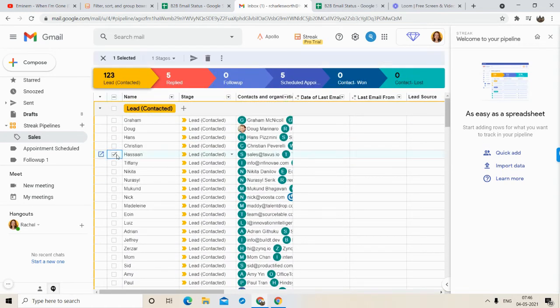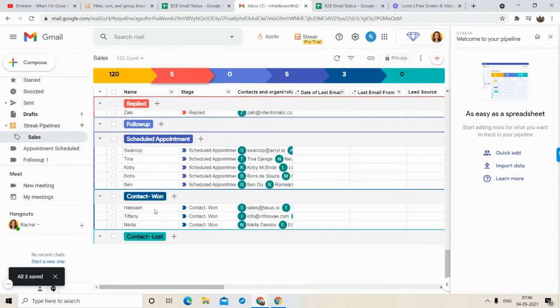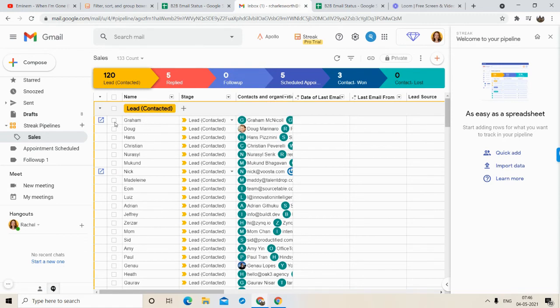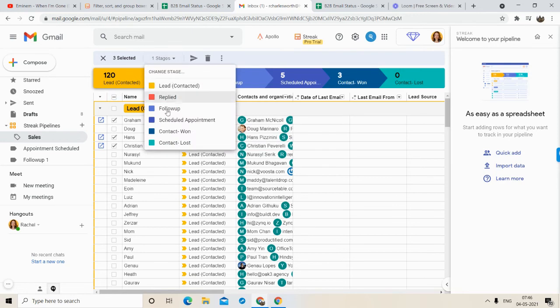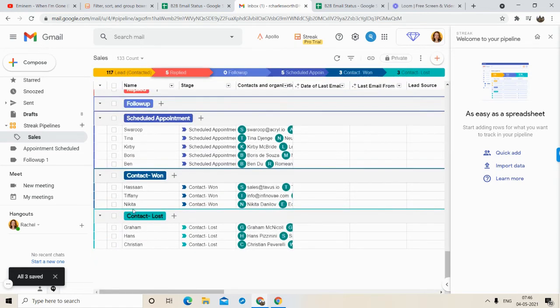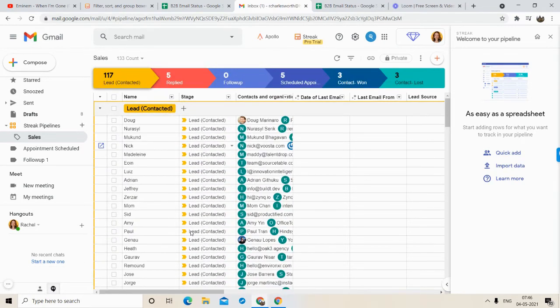Now some of the emails, suppose, have purchased my product, so I will click contact won. So they have won, right? Some of the emails, suppose, have been lost. So it comes to lost. So this is how you manage the leads in your pipeline.